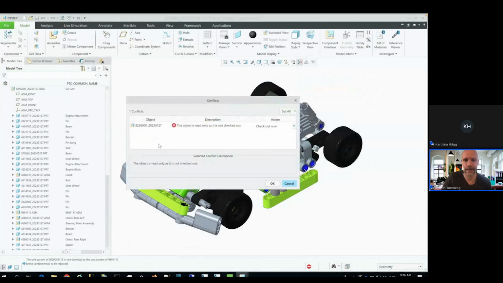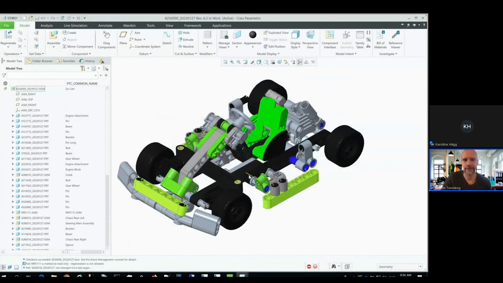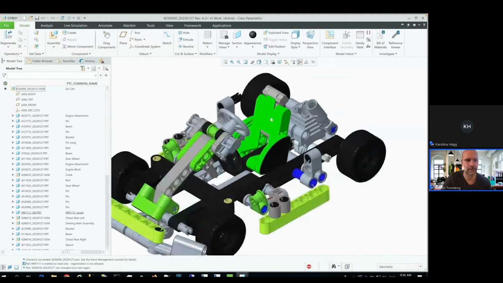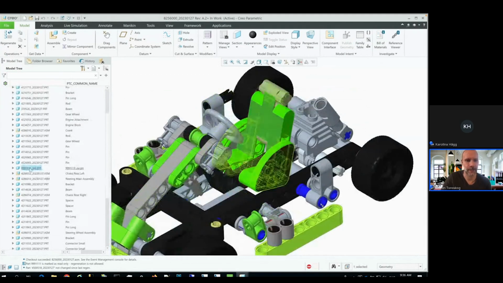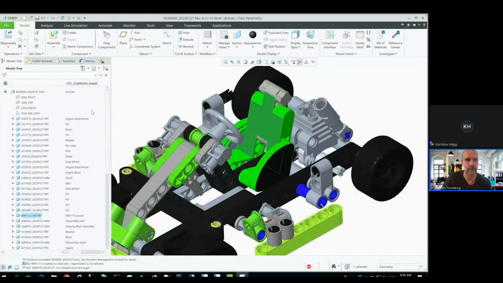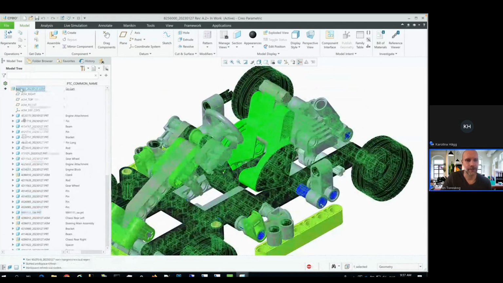It will check out my CAD assembly and then replace that assembly with the simplified part. So here you can see it's only a CAD part. It's not an assembly anymore. But if I check this assembly in to Windchill